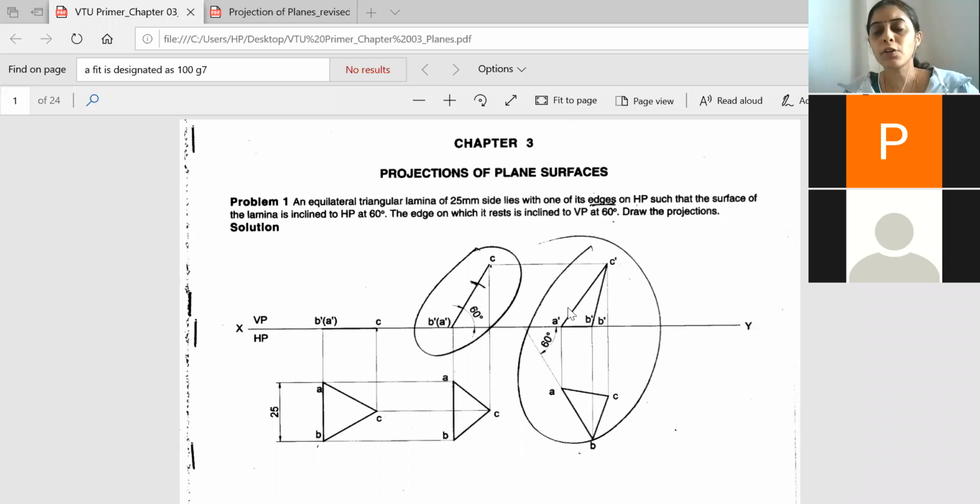So now we tried to solve two problems, one on a rectangular lamina and the other one on a triangular lamina. So the concept will be the same as what we studied. So first stage will provide you the true shape. In the second stage you will incline the given front view with respect to HP, and in the third stage the given surface or the assigned surface will be inclined with respect to VP based on the given angle and the dimensions. So this is how we have to solve a simple problem related to either rectangular lamina or a triangular lamina. Is it clear?